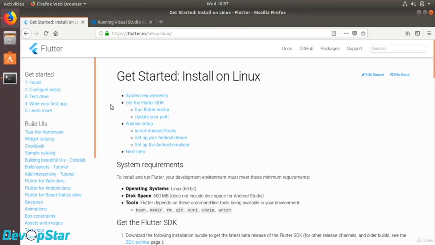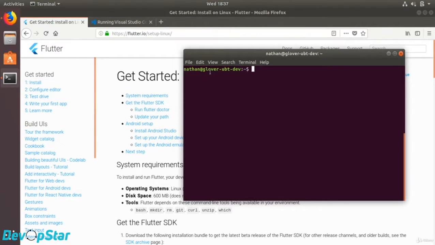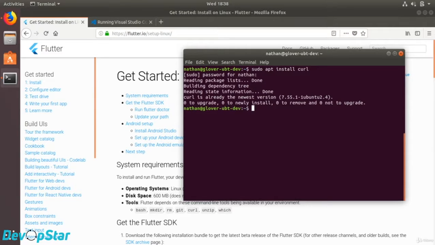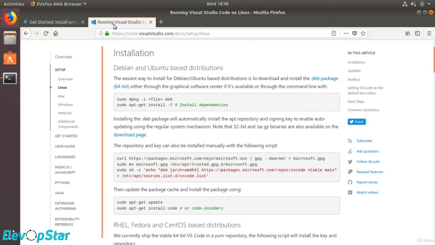There's one more thing I just wanted to go over, and that's installing Visual Studio Code onto Ubuntu. There's one more dependency we're also going to need in order to do this. Jump over to your terminal and go sudo apt install curl. Depending on what system you're running, you might already have curl installed. For me, I did. Now I can jump back over into the Visual Studio Code for Linux installation tutorial, which is available on